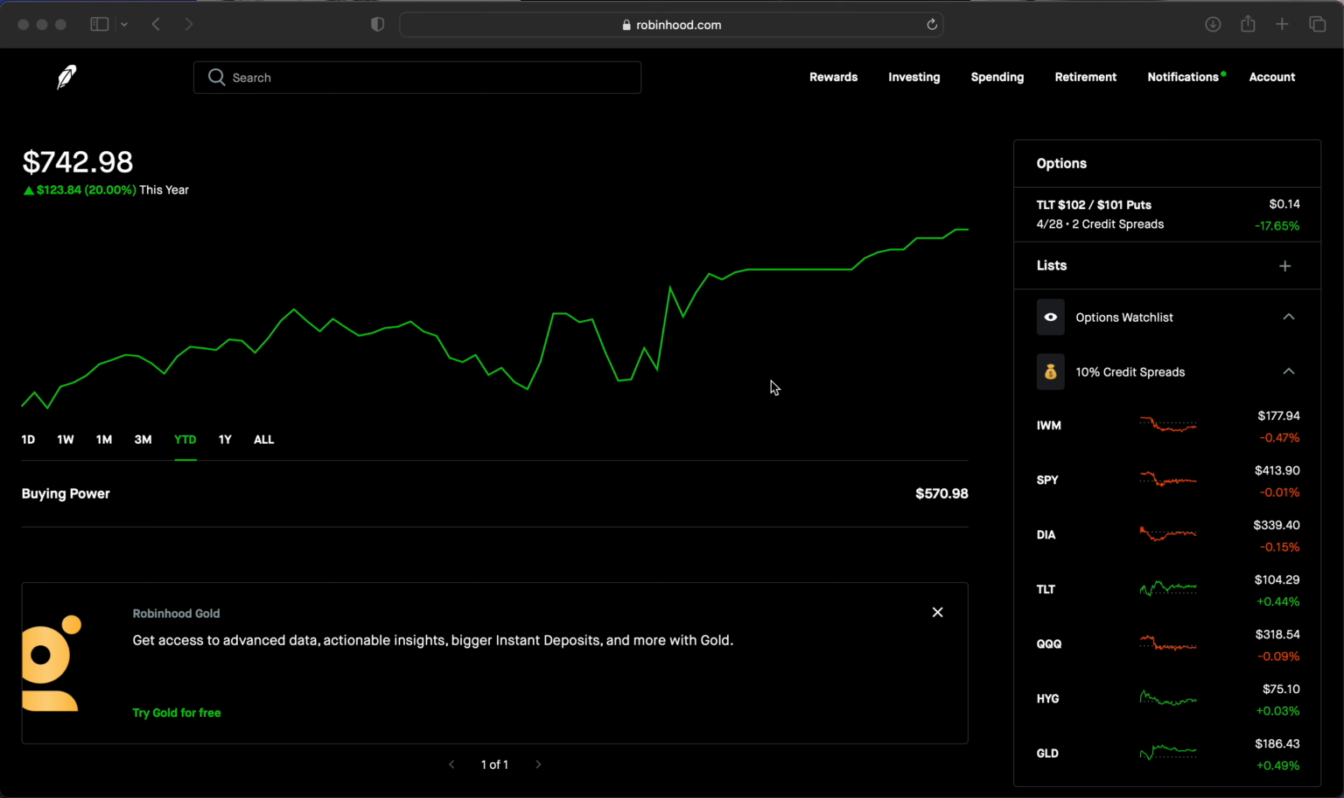In this short video, I'm going to walk you through how to exit a credit spread trade on the Robinhood platform. This is going to work on both the browser and mobile app platform. So if we come here, you can see if you have a current credit spread trade open, you will see that